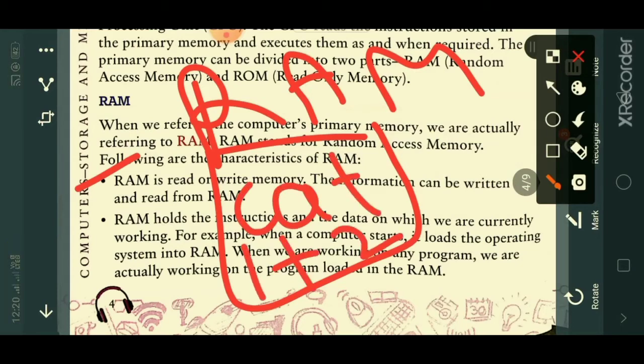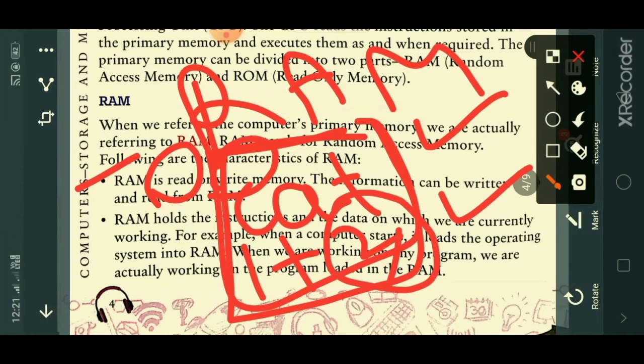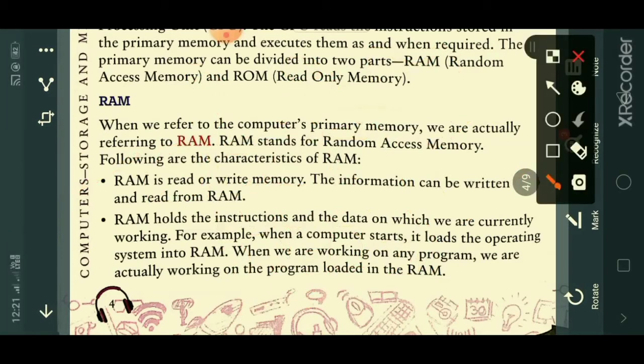Okay, so read means what? You are able to read the data and instruction which is stored in your RAM memory. Okay, you can read. Write means what? Write means you can change, you can modify the data, the information which is stored in your RAM memory. For example, here we have 1 plus 2. You can make changes. I want here 3. You can do such changes. You can modify it. So this is nothing but write. So you can perform both operations, read and write operation on RAM memory.